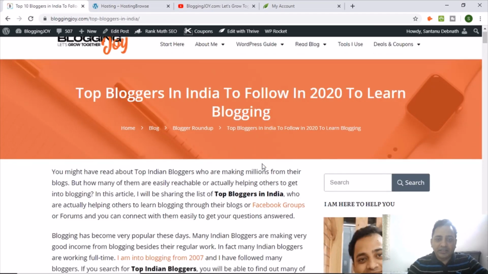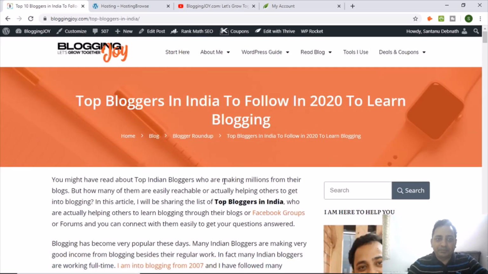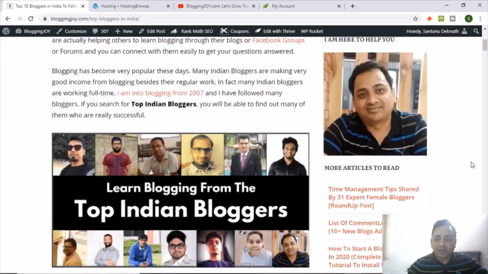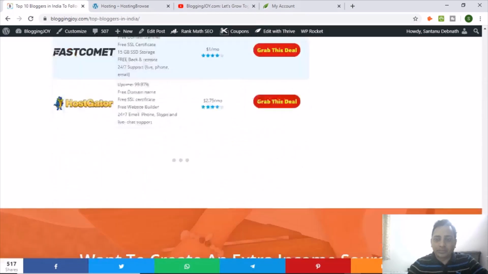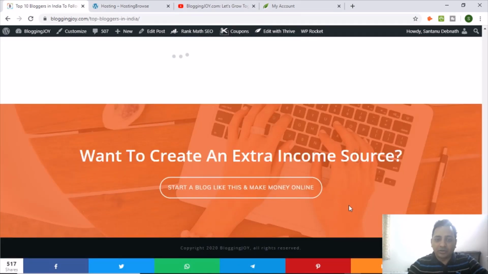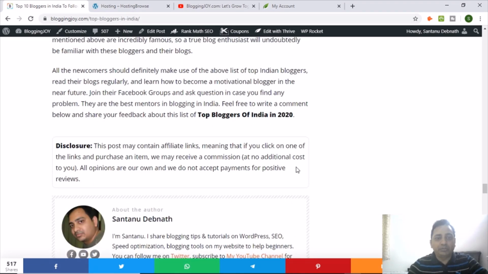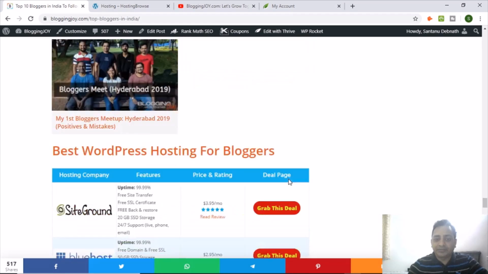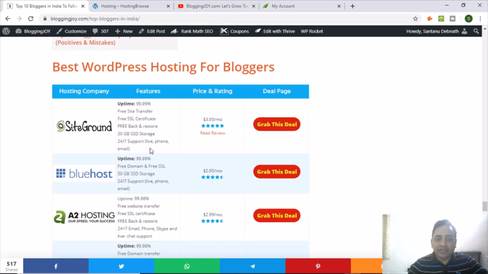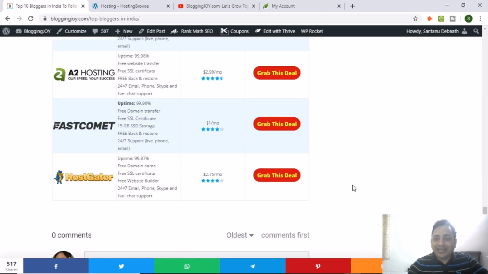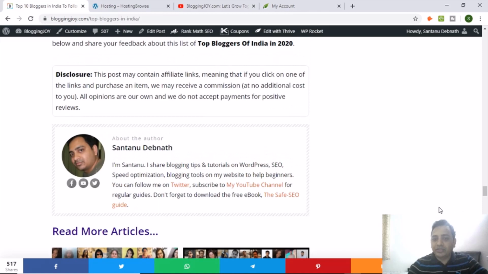So you can see that this entire post has been designed with Thrive Architect, and this entire layout, everything like header, this title bar, if you go to the footer section, it's a simple footer right now, there is a call to action. So these kinds of things I have designed completely with the help of Thrive Theme Builder as well as Thrive Architect. At the bottom of the post I kept a table of hostings. So there are a lot of experiments I am doing right now with this theme.